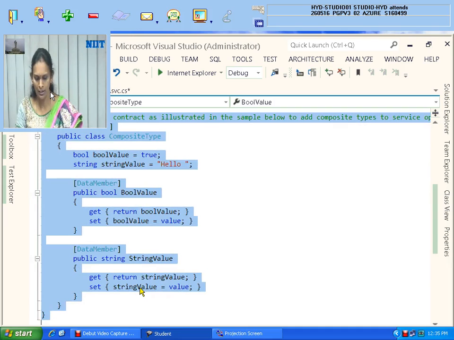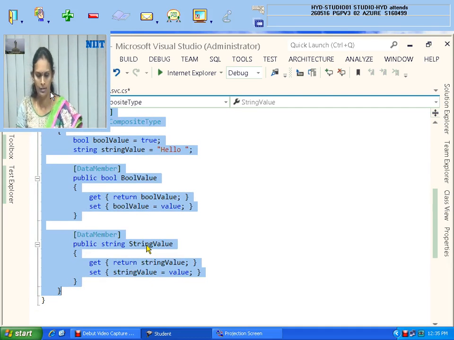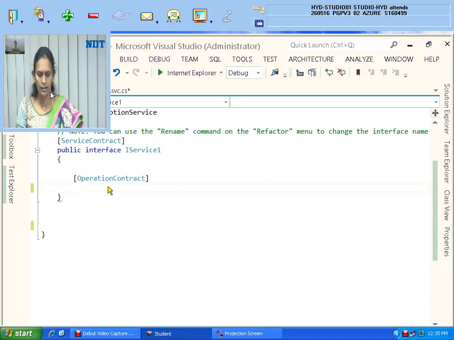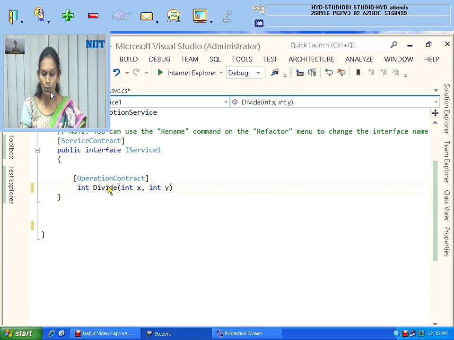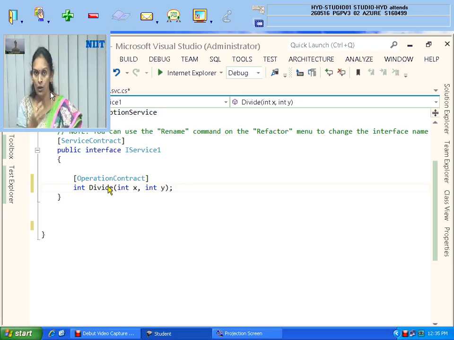Today also we have done this. In this one I am writing int divide, int x comma int y. Now I am telling you I am doing this without exceptions. I will show what the problem is, then how to implement exception handling.